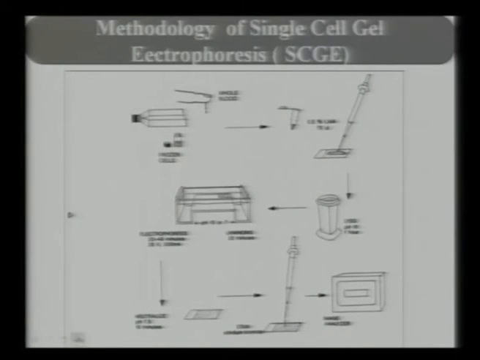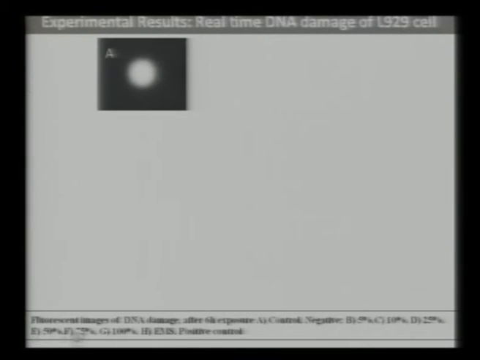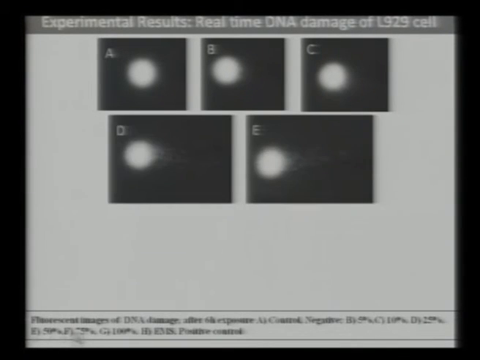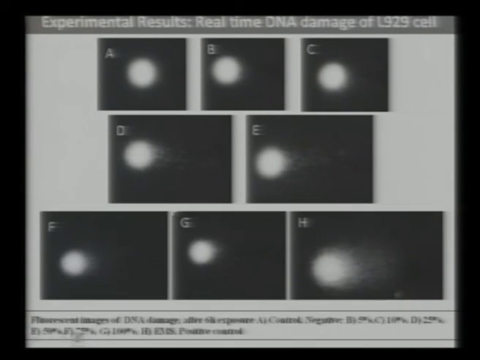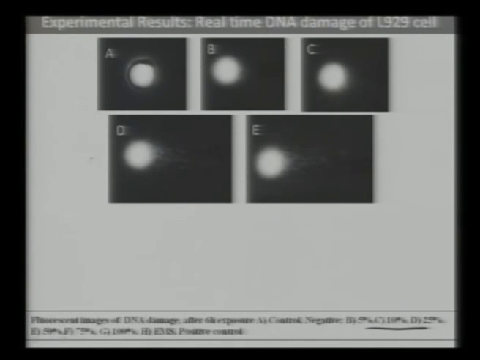Now when you put these materials in the solution and vary the amount of these eluates, you see what the DNA damage of the L929 cells is. This is the control material, and this is the condition of the L929 cells. Now you don't see any damage here, but if you increase the concentration of these eluates, and go to D and E, for example, in both the cases, what you notice here